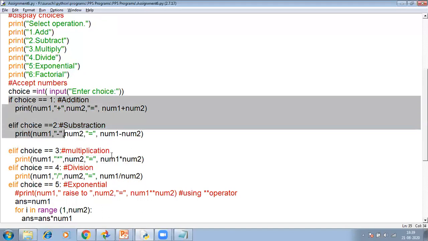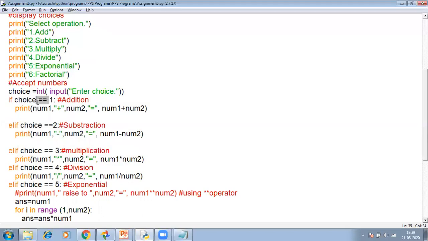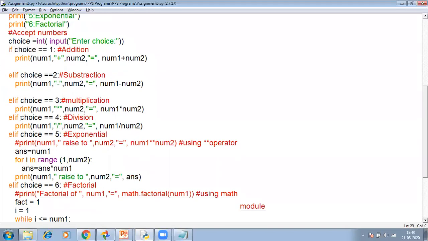Remember, in this assignment, we are making explicit use of the decision control statements for checking the choice entered by the user. Now, if the choice is 5, that is exponential, we can use an exponential operator available in Python.